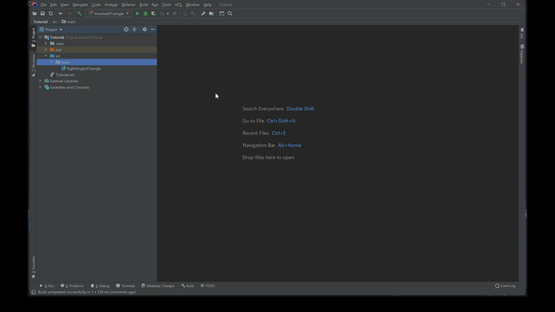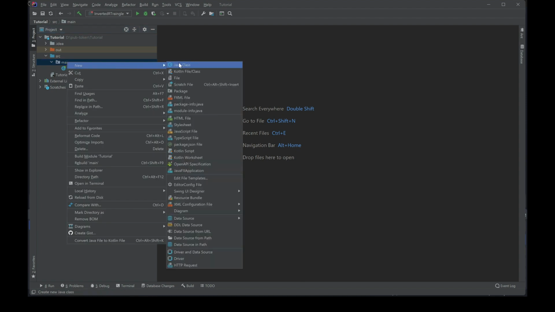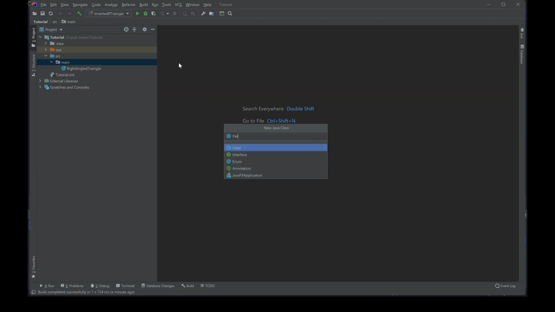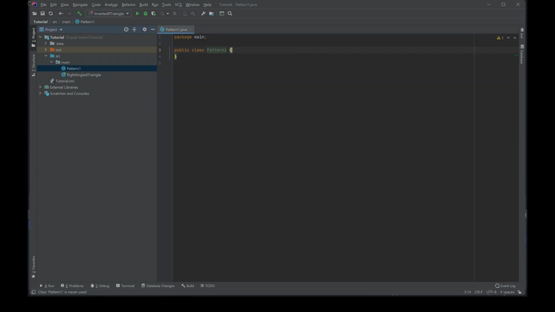Hello everyone, in this video we are going to learn how to write a Java program to print an inverted right angle triangle. So let's create a new Java class. I'll name it pattern1 and write public static void main, and I will define the number of rows, int rows equals 5,